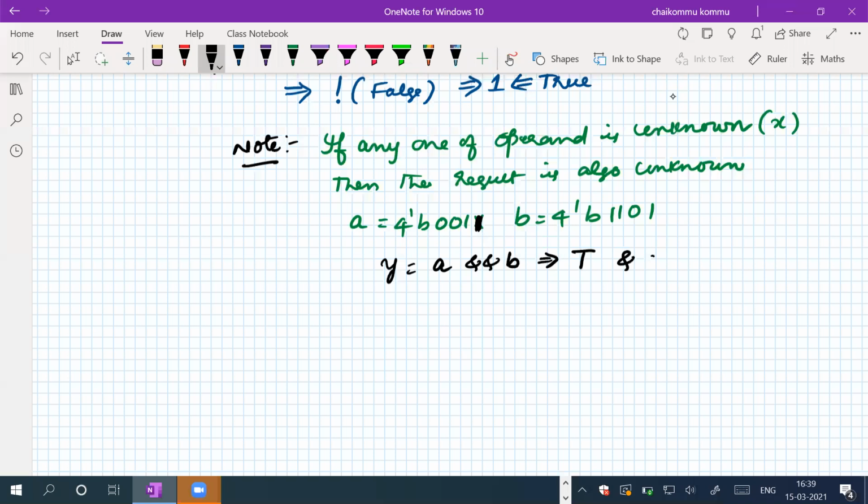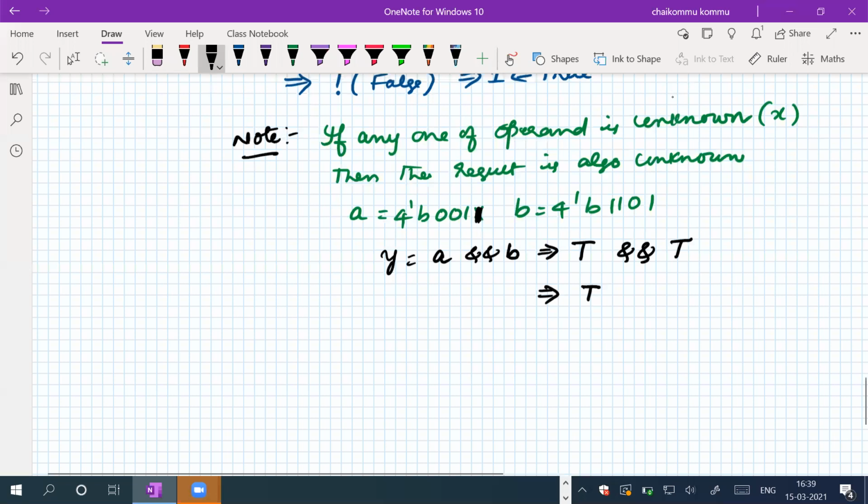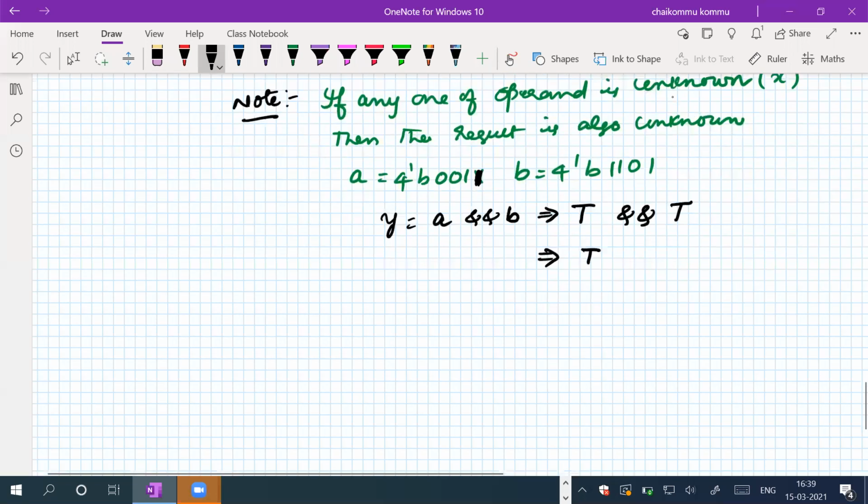True only. So as I mentioned, whatever the size of the data is, whenever you are performing the logical operation, the entire data of A is treated as one value, either true or false. B is also treated as true or false. Based on that only we have to do it. So don't forget about that. Better, I will consider it in a different way.